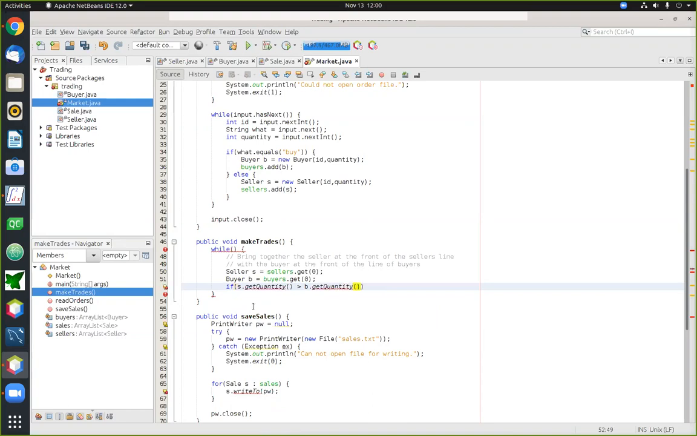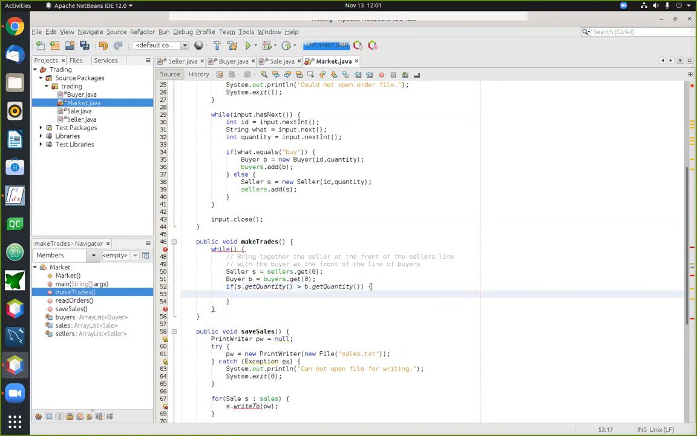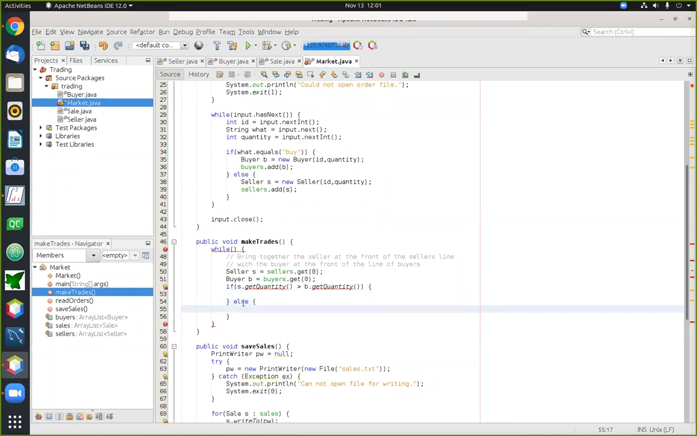And if we discover that the seller wants to sell more than the buyer wants to buy, that particular trade is going to be managed in a particular way. And if it's the other way around, we are going to manage it in a slightly different way. Okay, so let's first of all handle the case where the seller wants to sell more than the buyer wants to buy. In that case, the obvious thing to do is to make a sale